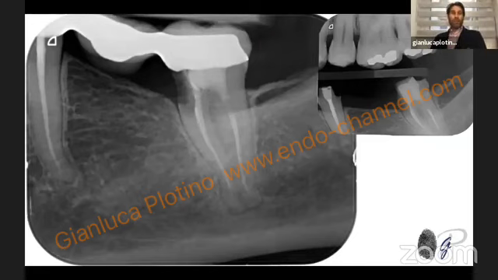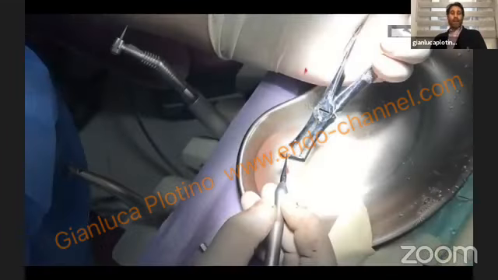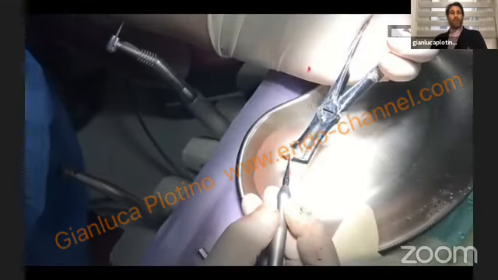As in this case, this was a very deep caries lesion, with a missing tooth. So the treatment plan was to insert an implant here to substitute this failing bridge. And the patient was advised: we can insert 2 implants, extracting this second molar, or after extraction of the second molar, we can try, if it is intact, to treat it outside the mouth. And this was done with my associate, Nick.